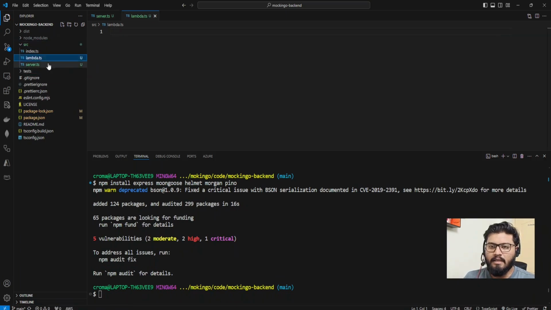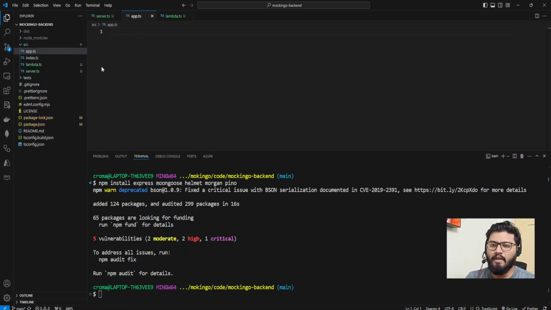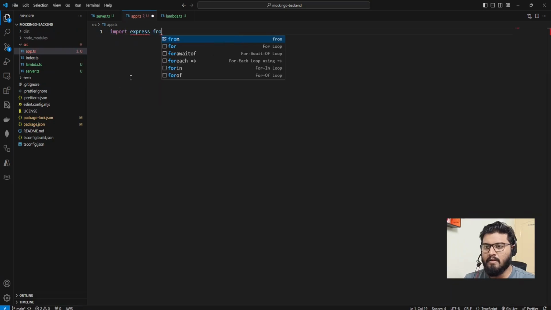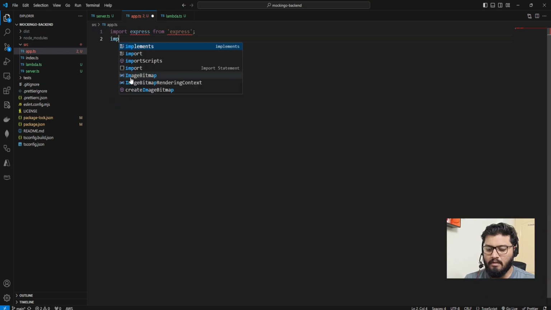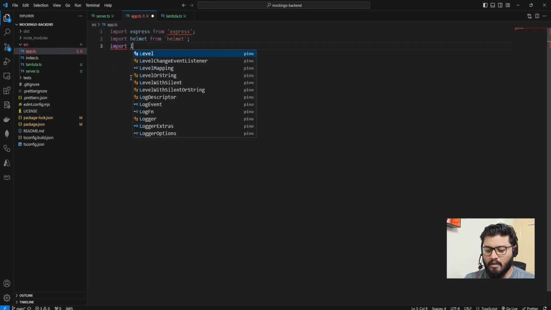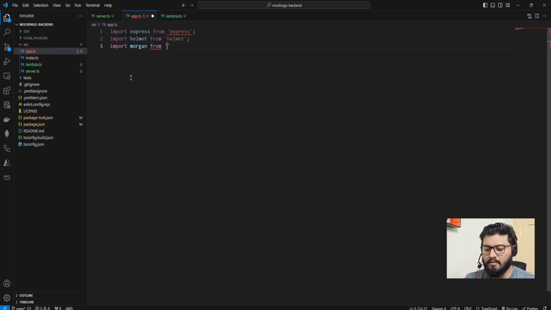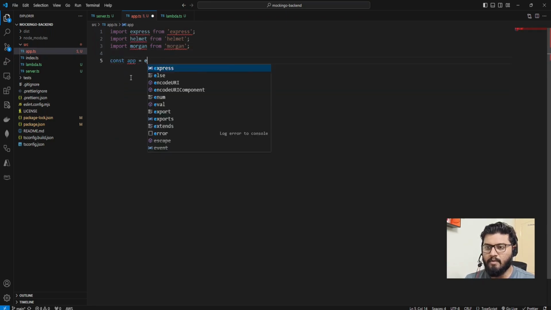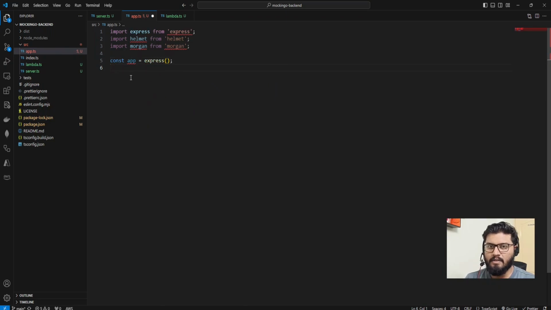In server.ts we'll call the app, the Express app. We'll create an app.ts, and here we will import Express. From Express we'll import helmet. From helmet we'll import Morgan. From Morgan, and I think that's it for now. We'll say const app equal to Express, and then first thing that we do is to do a use of